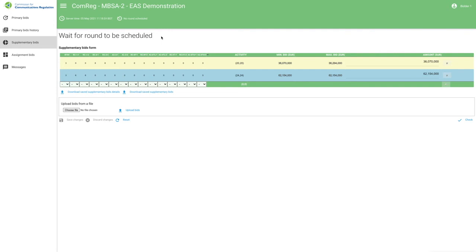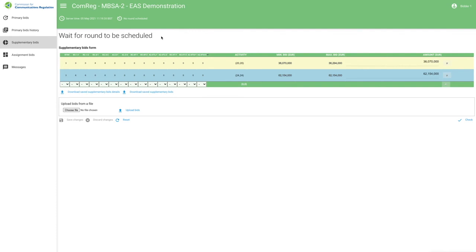Your initial bid and all packages bid for during the primary bid rounds are automatically entered into the supplementary bids list by the EAS. Now just to explain briefly the highlighting, the package highlighted in blue is your final primary package, so the package you bid for in the final primary bid round. Packages highlighted in yellow are constraining packages that were subject to an eligibility reducing primary bid during the primary bid rounds. All other packages will be shown with a white background, but there just aren't any of those in the